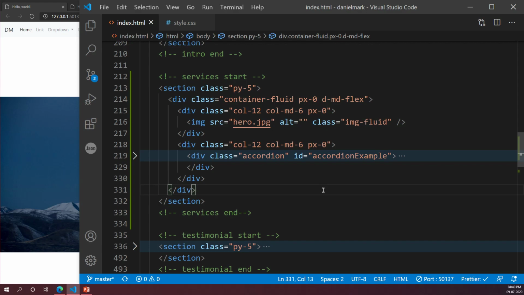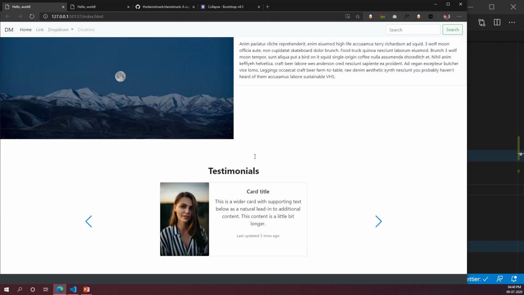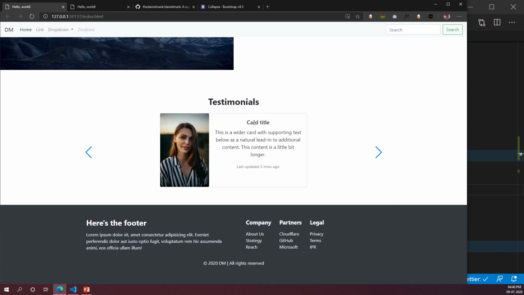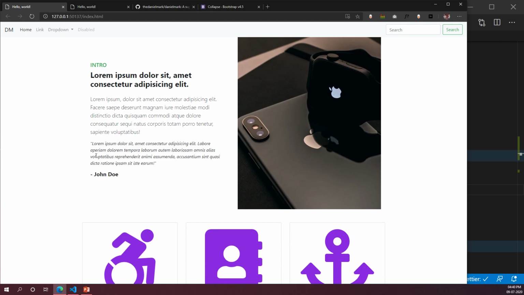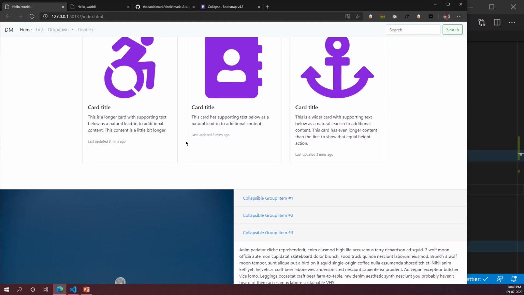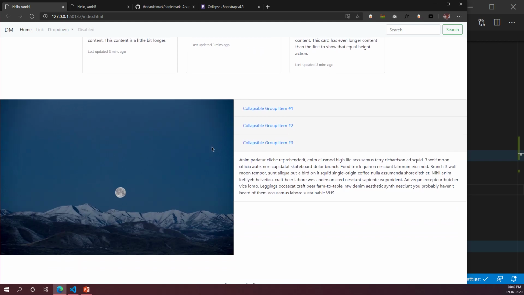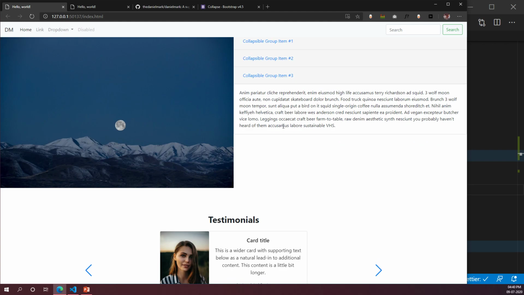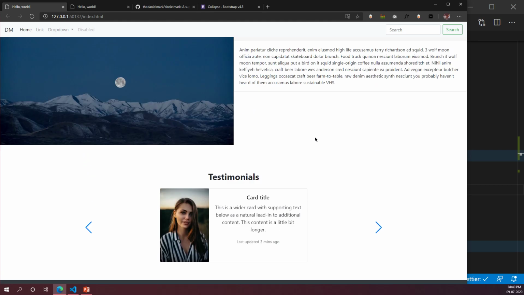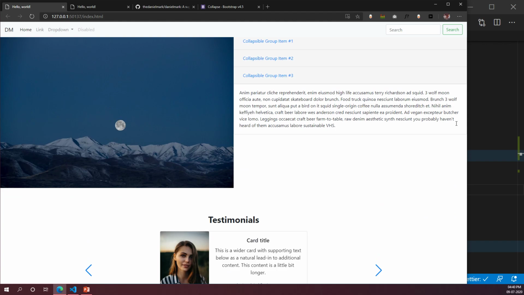Also, another thing I wanted to tell you guys is that whenever I use dummy text, in places like the card title and the content inside the card, the footer text, and these cards over here, and all this text, you're free to go back and modify this. Put something meaningful in there that you want to. Just don't leave it as dummy text. Otherwise, it looks like we just copied and pasted it from Bootstrap. Make a few changes and personalize this a bit, so on the final day when you upload it, all your websites are going to look different. So don't just make it look super boring.